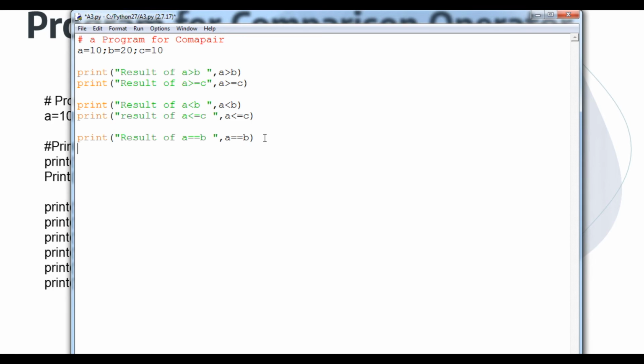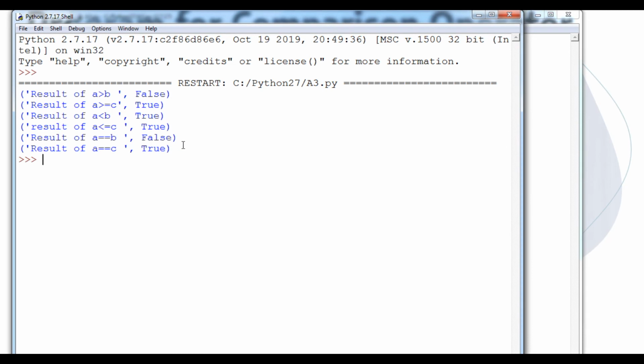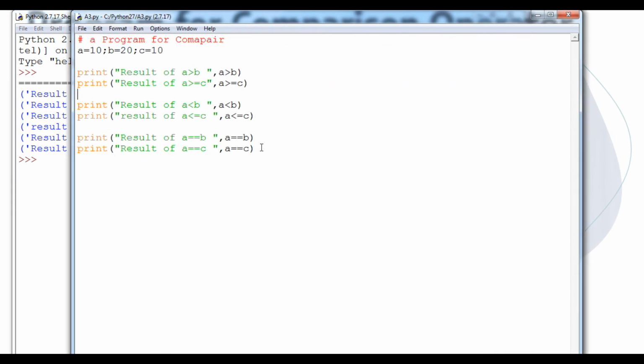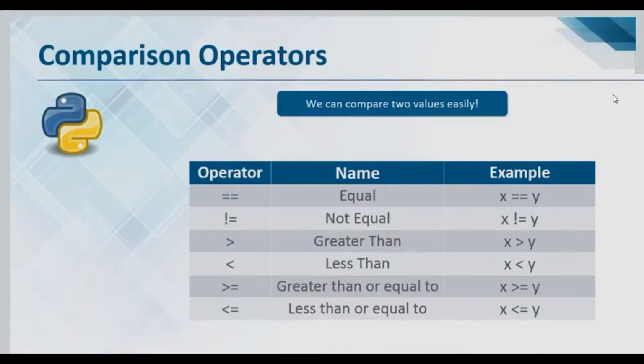So in the place of that I can do one thing. I will copy it and then print it. Here is A double equals to C. So what will the output? So let's see, because A and C have the same value, it will be true. Okay, student. Now we can consider the next operator.